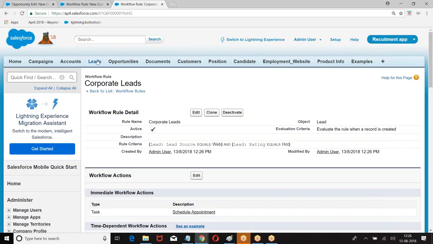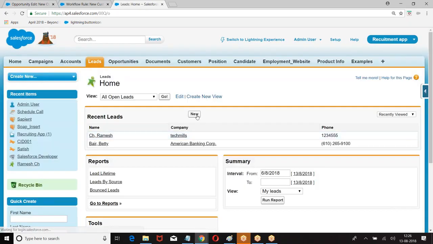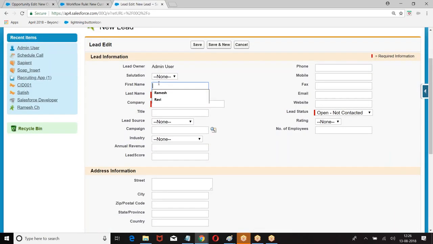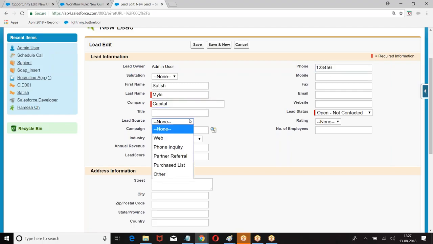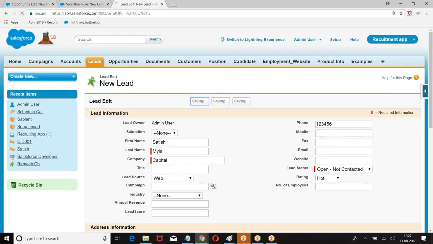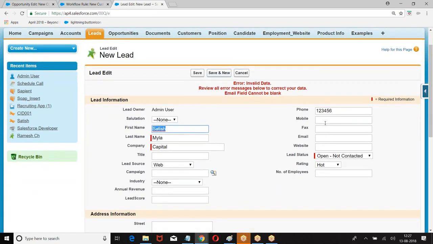Then how do you test it? Go to the lead, new lead. Rating equal to hot. Lead source equal to web, rating equal to hot. Email cannot be blank. Okay, we see.